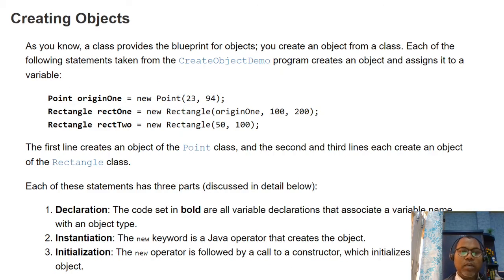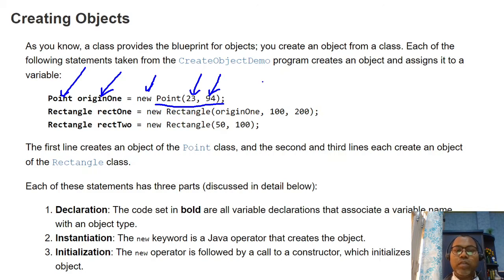Is it clear? This is your variable name, your object reference. The type of object is Point, the new keyword is used to create an object, and new invokes your constructor. The constructor may or may not take arguments, depending upon what kind of constructors we have written in our class.